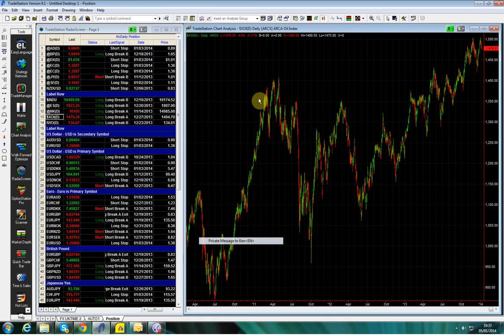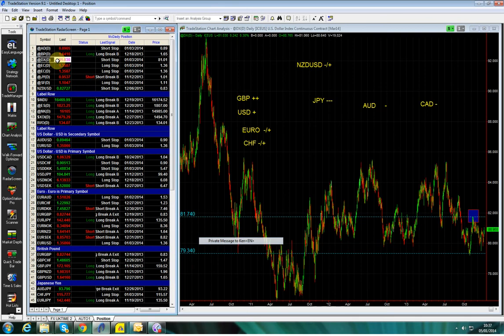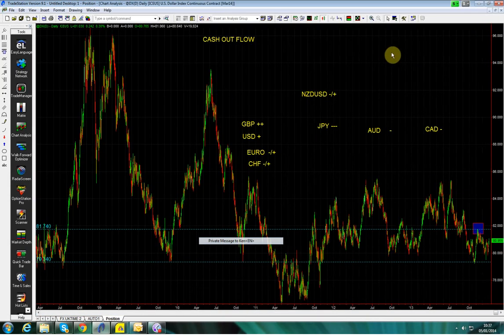So to start with, we're going to look first at the US dollar. And the US dollar, of course, is the 800-pound gorilla in the market. It is the biggest economy in the world. And what happens in the United States does